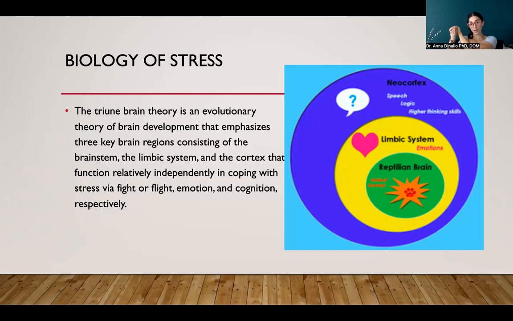So what happens though is when we have a disruption really early in life, it turns on this reptilian brain and then we're constantly pumping cortisol into the system. That's really hard. So I want you to take a moment, and if you feel inclined, just draw this out in your notes because it's a great reference for when you're explaining the biology of stress and what can happen in the body in a very tangible, a very tactile way.